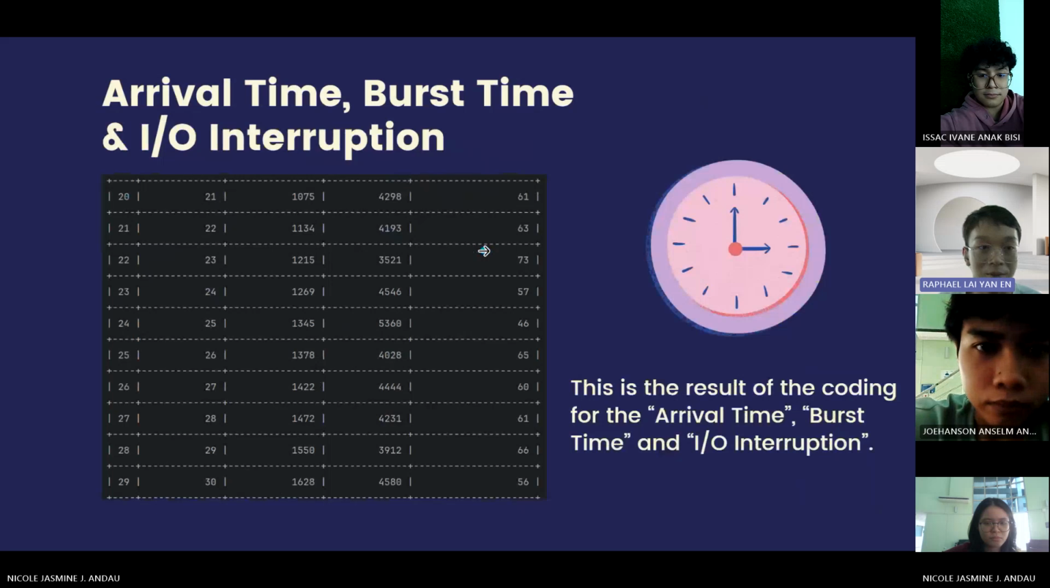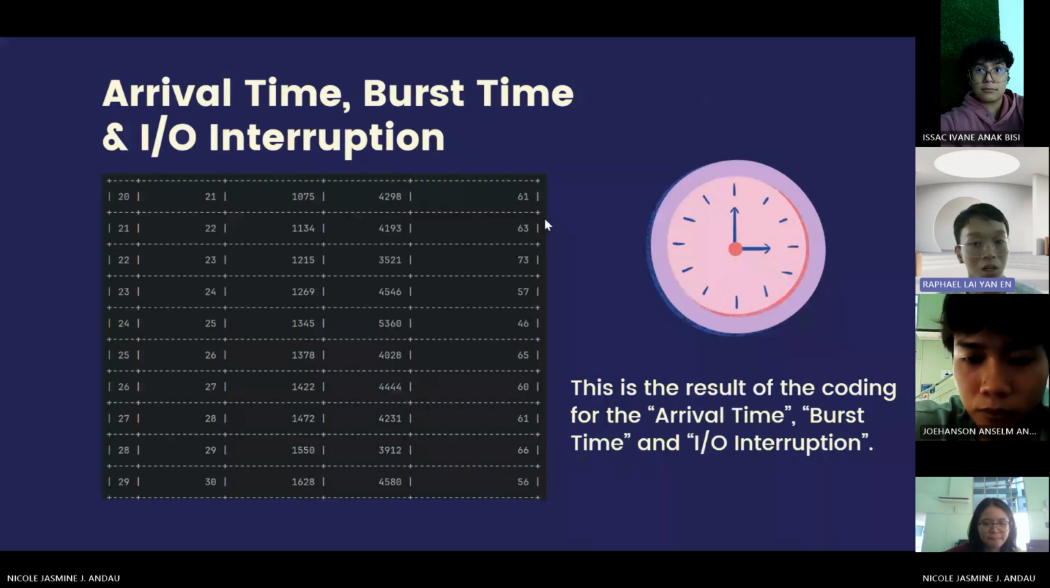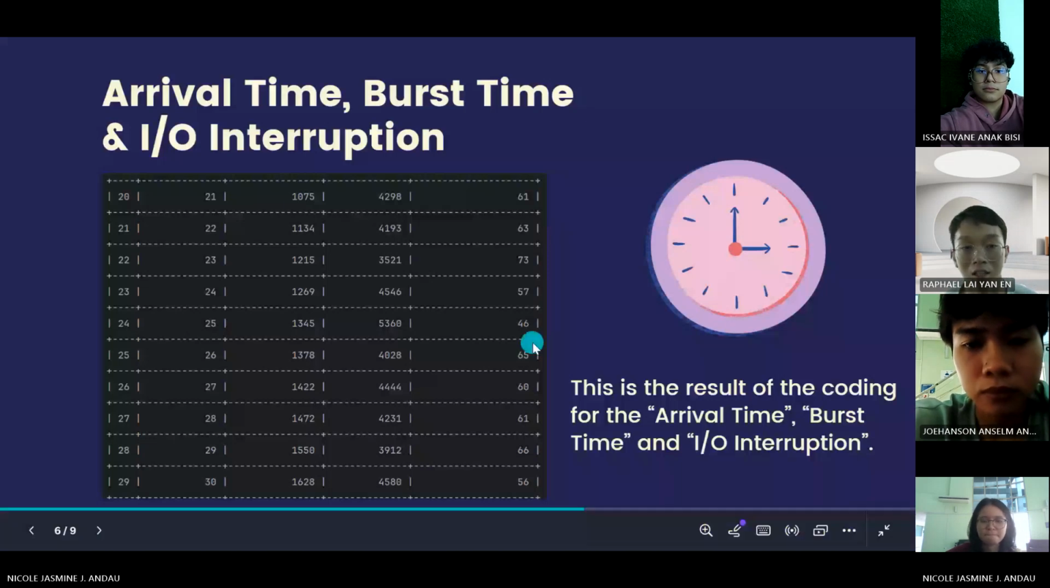So for the next slide, it's also the same. It's a continuation of job 20 to job 30. Also the same as the previous slide, it shows arrival time, burst time, and input output interruption. So as for the next slide